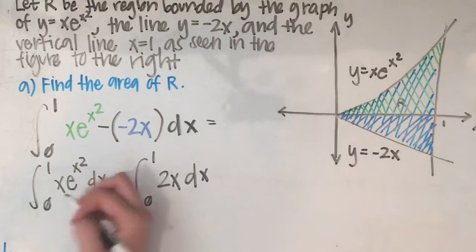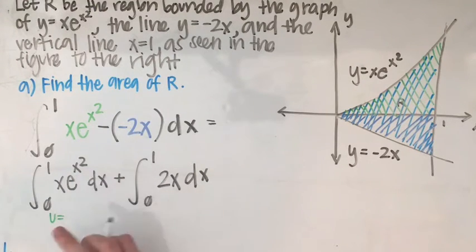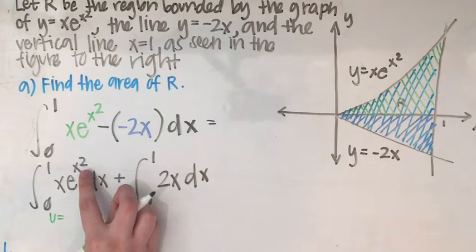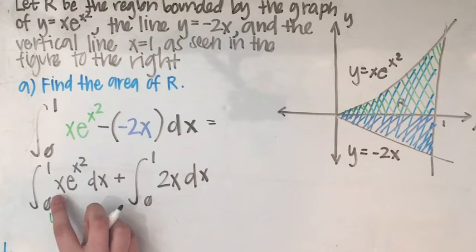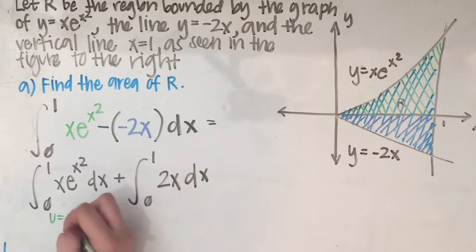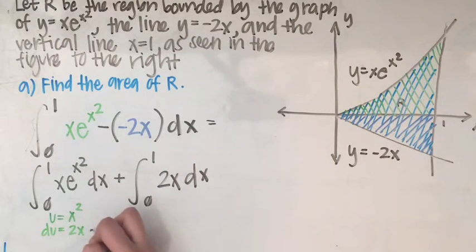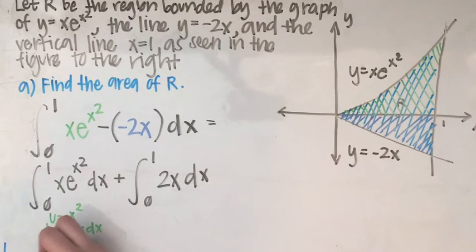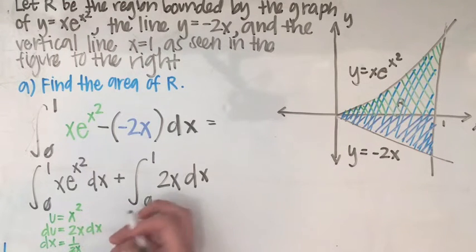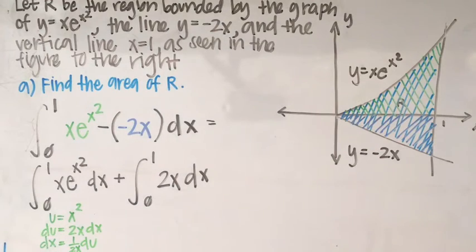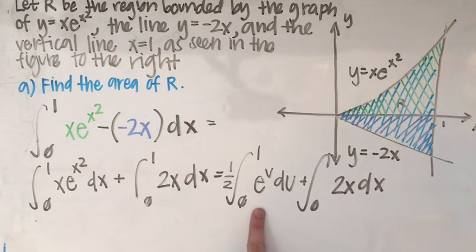And the u that I'm going to use is going to be x squared, because I can see that the derivative of x squared, which would be 2x, but in this case we just want to be able to cancel out this x, is going to be there, so that's going to become my u. My du will be 2x dx, and so dx will be 1 over 2x du. And that means that the antiderivative of this is going to be really easy, e to the u over 2,